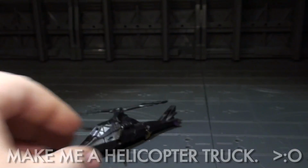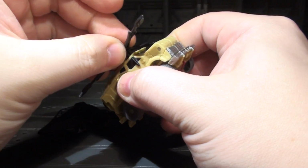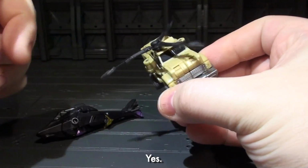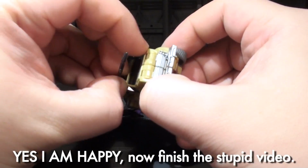Alright, fine! Demands, demands, demands. Here, look, here. Are you happy? Look, it's a lopsided helicopter van. I bet you're real... Yeah, well...